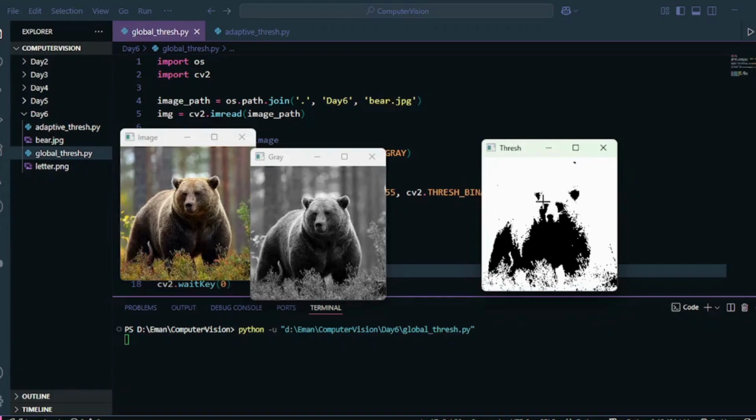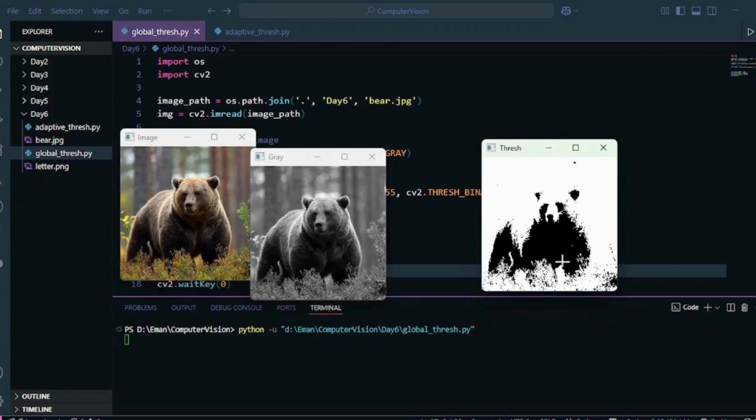Now I'm going to tell you that. We use thresholding for image segmentation. If we want to segment the objects from our images, we can use thresholding, because we had a beer in this image, but using thresholding we have segmented that beer. Now I can use this logic for object detection, that any pixel value that is black, any pixel value that is 0, you can form a boundary around it, and that is the object.